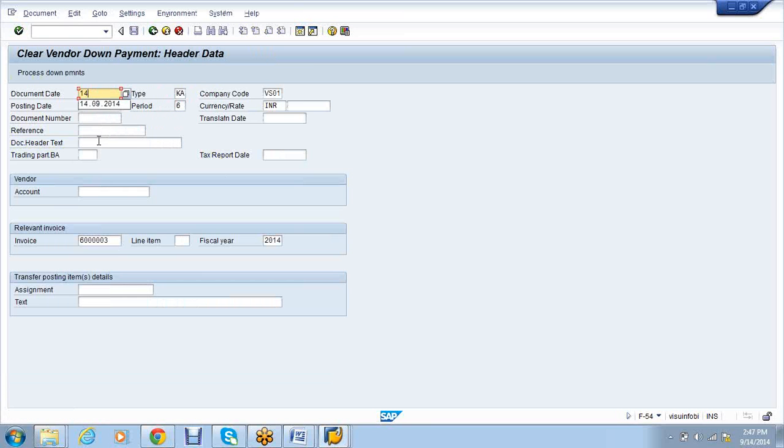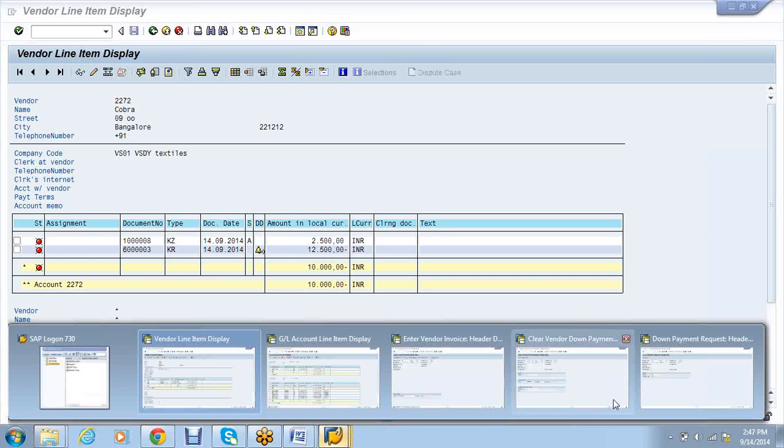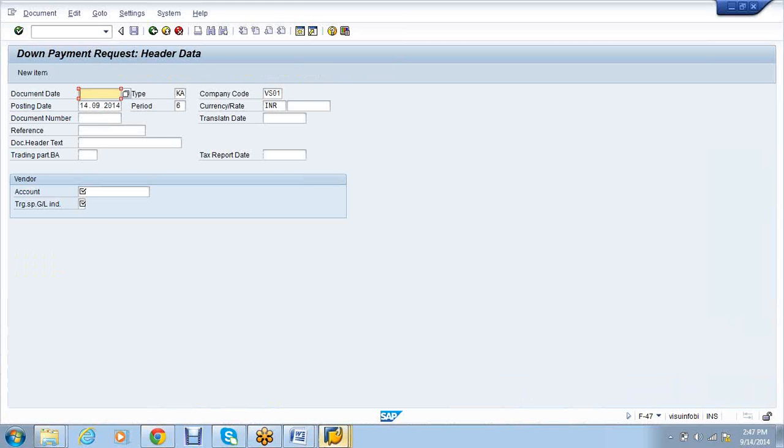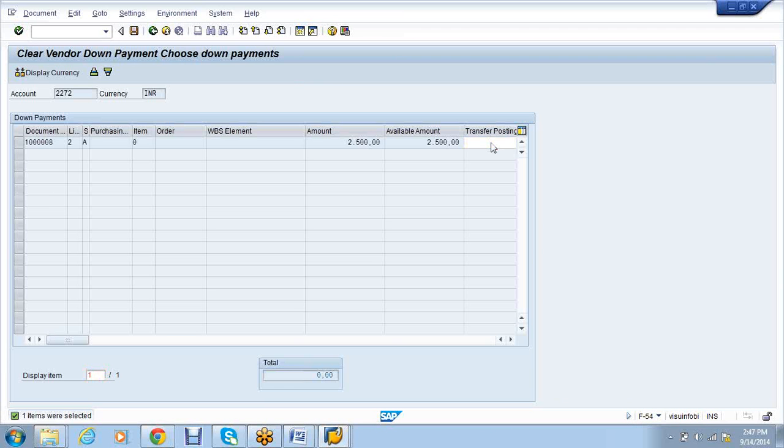Automatically the invoice document is updated. Otherwise, you have to give the document. Then click on process transfer. Double click on the transfer posting and